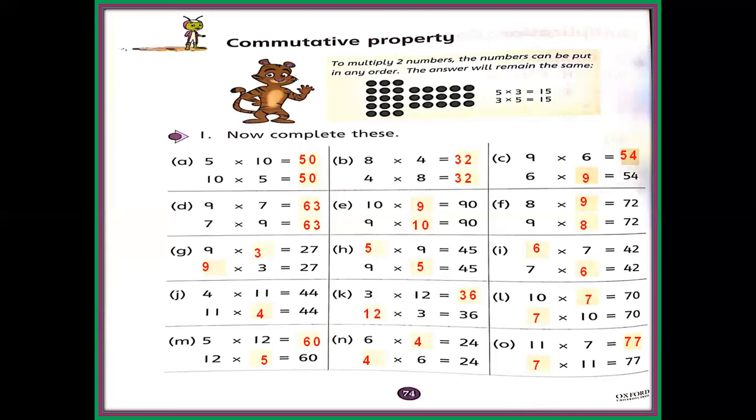What is the commutative property? It means when we swap the position of the numbers, there is no change in the answer. Okay boys, so here also is the use of tables. So I think today you know the value of the tables. If you still did not memorize the tables, then memorize all the tables from 2 to 9 at least.